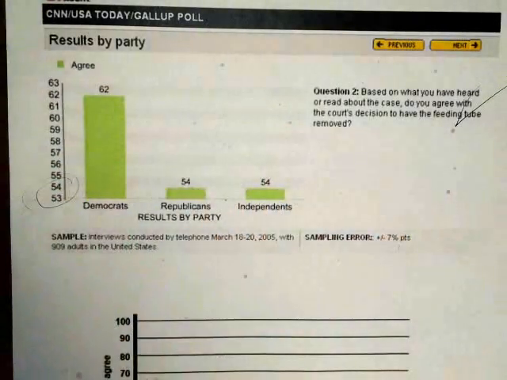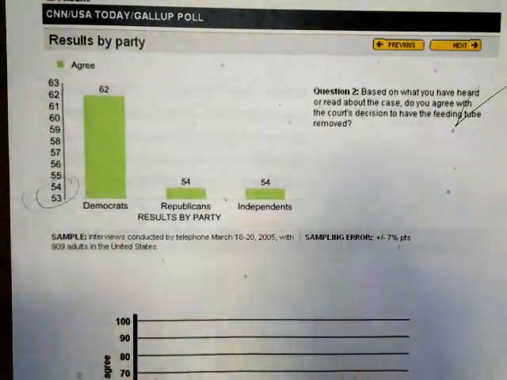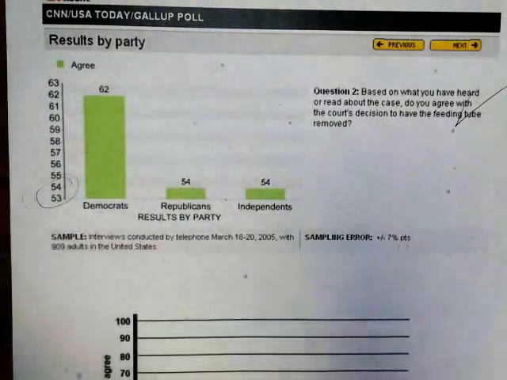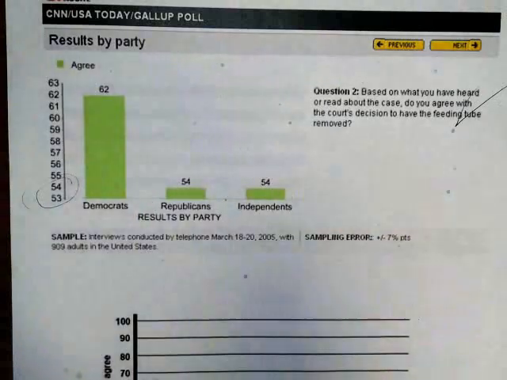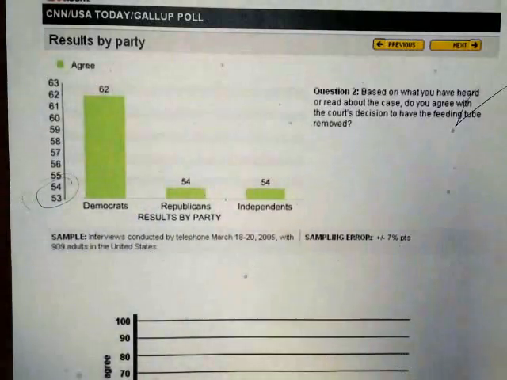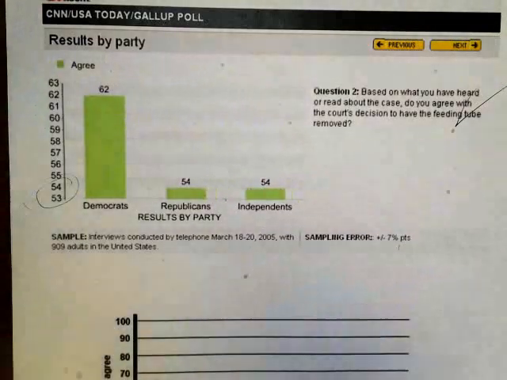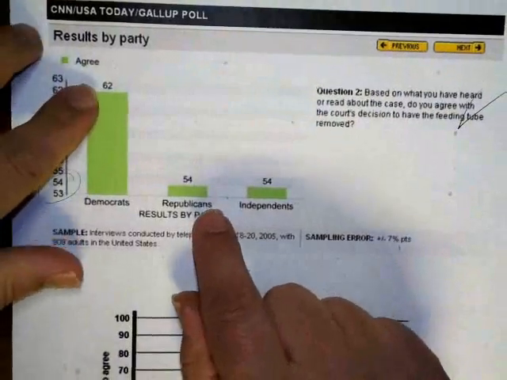And so what they would say is that the difference between these groups is not statistically significant. Or they would say there's not a statistically significant difference between the groups. And so if you wanted there to actually be a statistically significant difference between the groups, it would have to be that